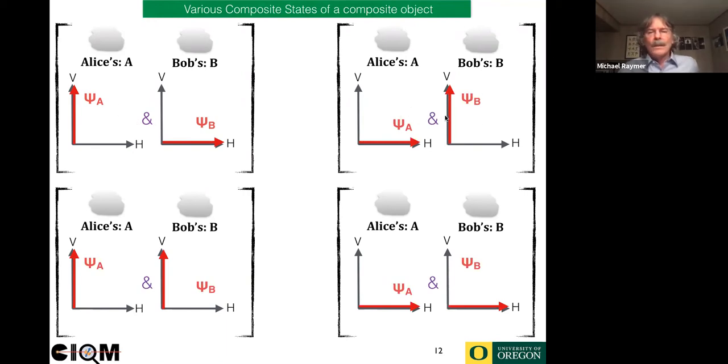And here's the HV. So it's interesting, we now have four possible combinations because there's two objects, right? That's the same as it would be in classical physics. For example, if you had qubits, you could say I can have 0, 0, I can have 0, 1, I can have 1, 0, I can have 1, 1. That's classically four mutually exclusive combinations of two bits. And in quantum physics, we represent those four combinations by these four different states.